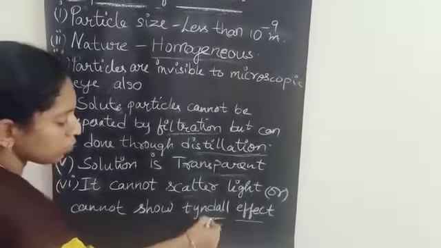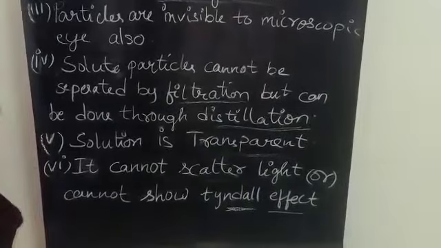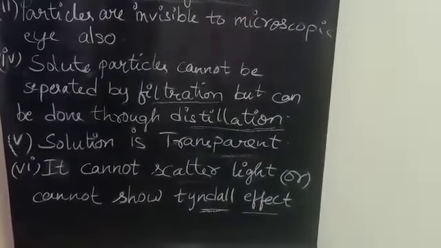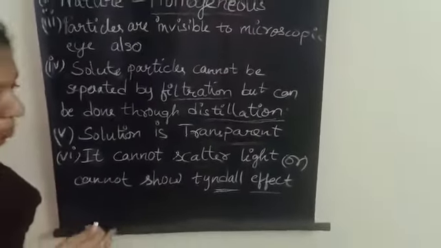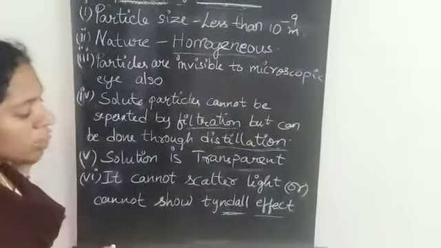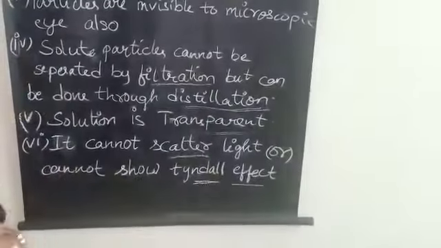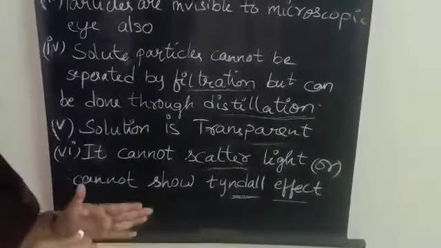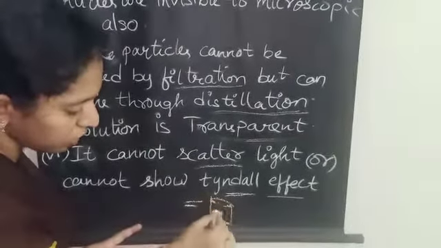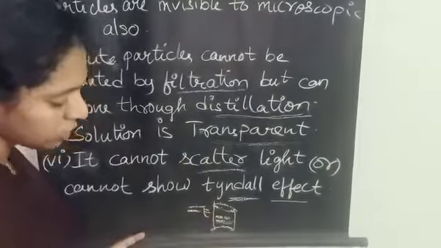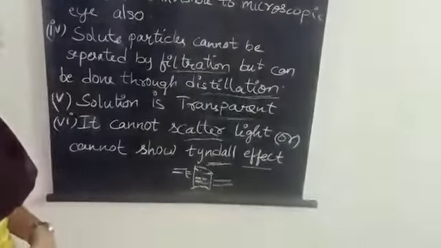It's just a new term, but what is the meaning? Scattering of light: when matter comes in the path of light, the matter scatters the path of the light. Because of the matter present in between, what will happen? The light will deviate. It will scatter. Scattering means going in a zigzag way. Usually a light beam comes in a parallel line, right? But see, we have a beaker and here is the solution. When the light ray comes, it will go in the same line. It is not going to scatter.